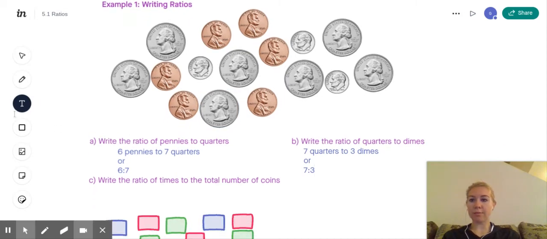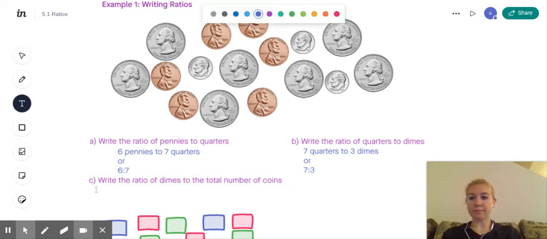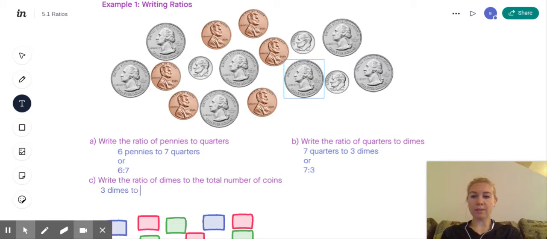Okay, last one. Problem C says, write the ratio of dimes, that should say dimes and not times, write the ratio of dimes to total number of coins. Let's count our dimes. 1, 2, 3. 3 dimes to